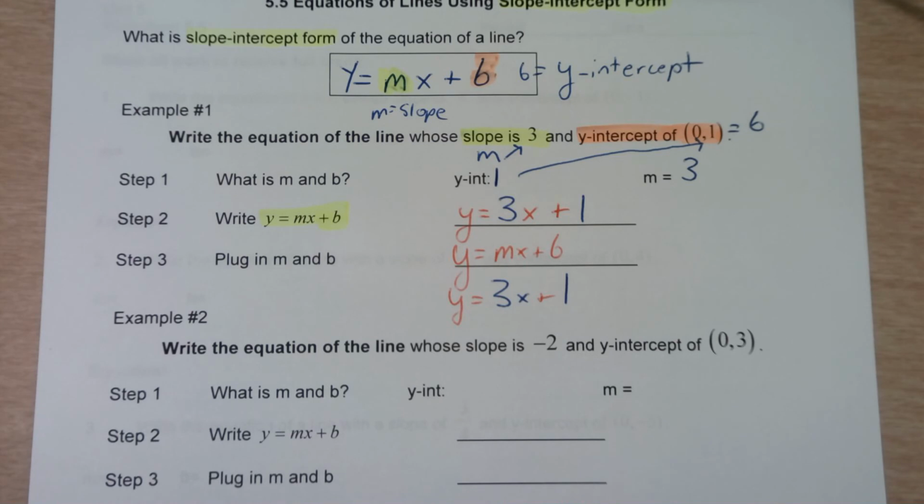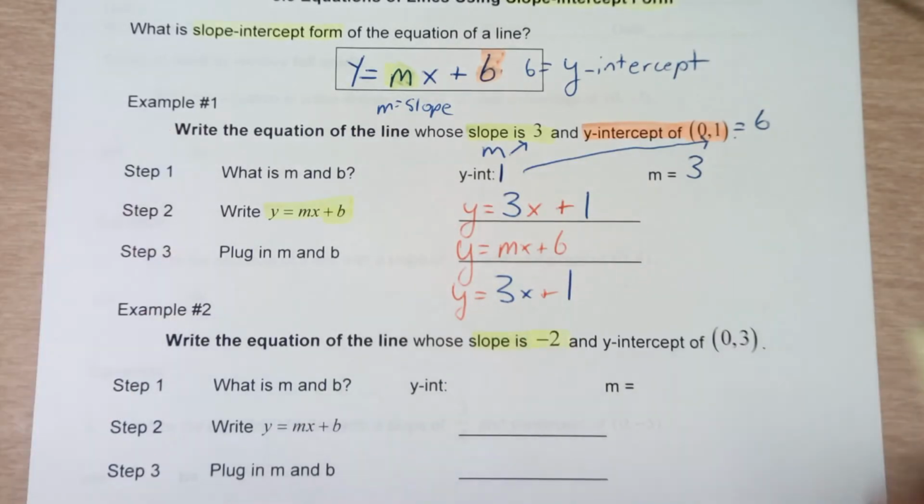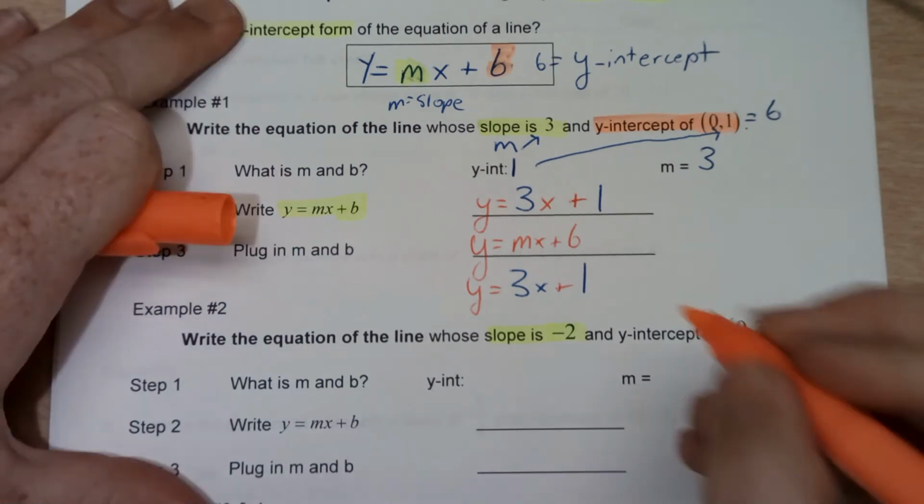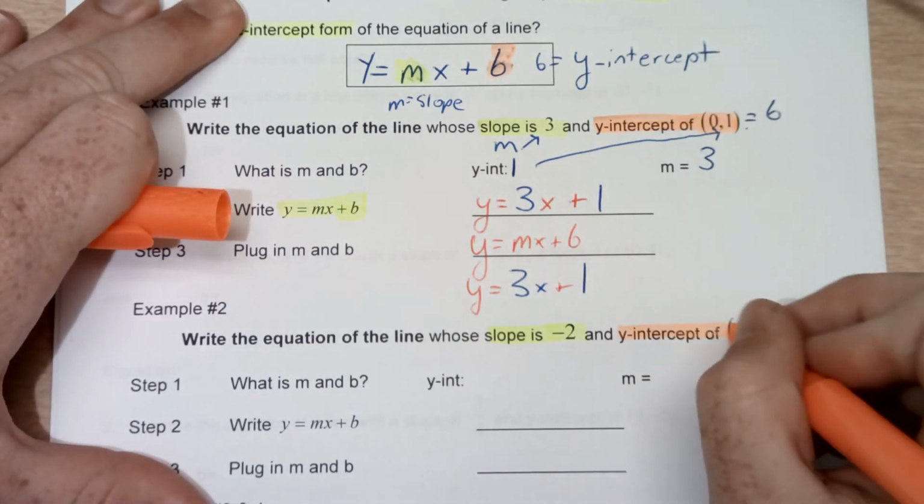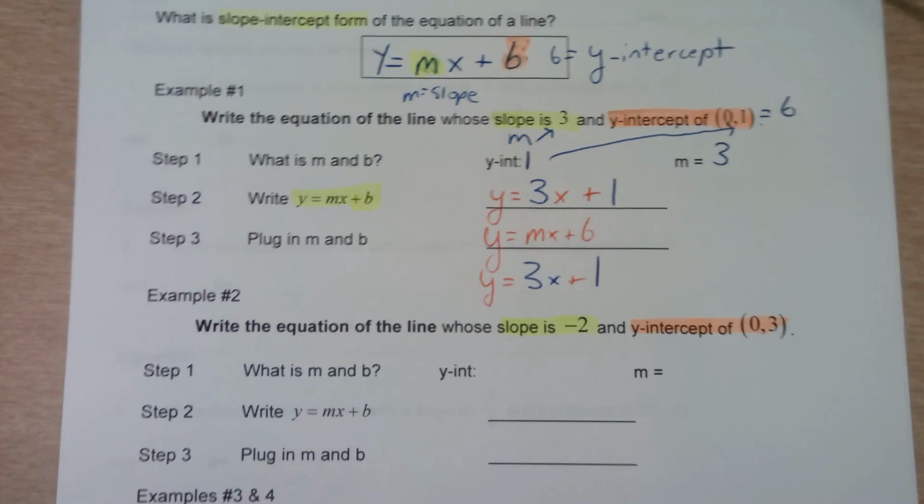Now with example 2, it says we want to find the equation of a line whose slope is -2. So my slope is -2, and it has a y-intercept of (0, 3). So my y-intercept, or my b, is (0, 3). Now I want to start filling out my different parts of my problem, and I will do that